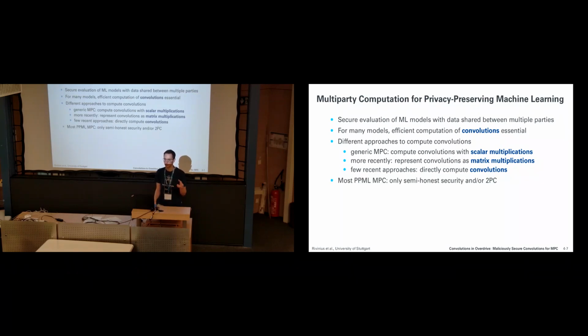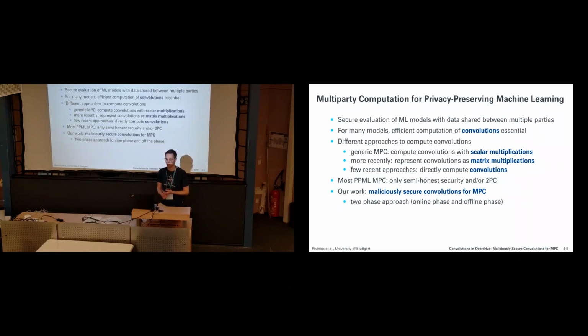We identified that there is a gap if you look at the related work for privacy-preserving machine learning in MPC: a lot of work is just semi-honestly secure, and we think that there are good cases where you might want malicious security. A lot of protocols are structured in a way that, for example, they wouldn't support this client-server setting. It's very specific: one party has to have the inputs, the other party has to have the weights. This is what our work is doing. We present a maliciously secure MPC protocol with direct support for convolutions and any number of parties.